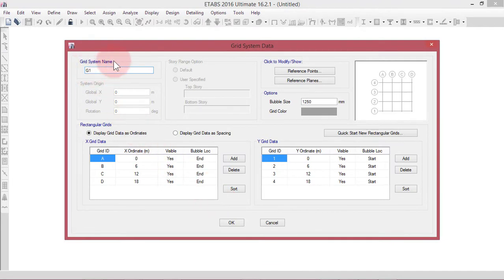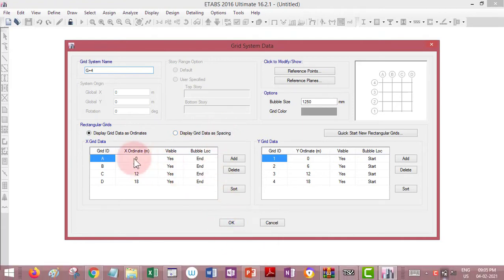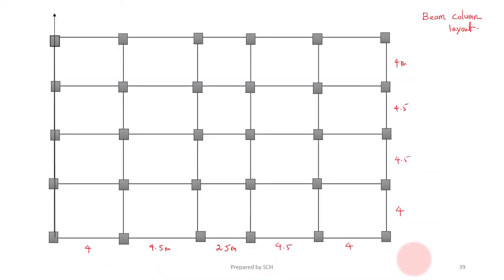Here we can give the name for the grid system. Let us give G plus 4. Then in the grid data in plan, we can give the input in two ways. One is grid data as ordinate, and the second one is grid data as spacing. Now take the beam column layout.